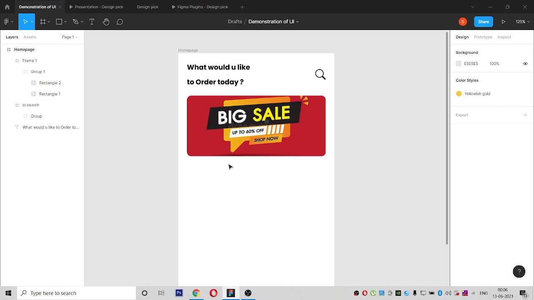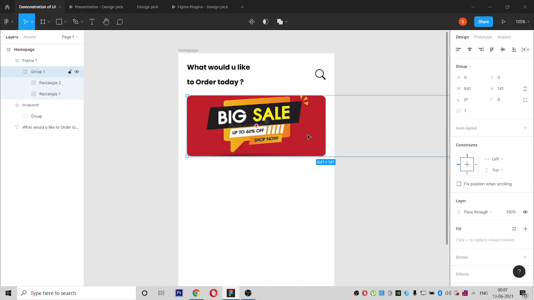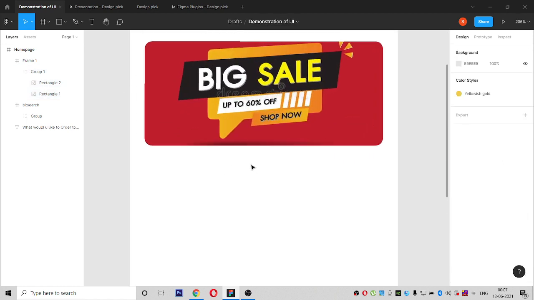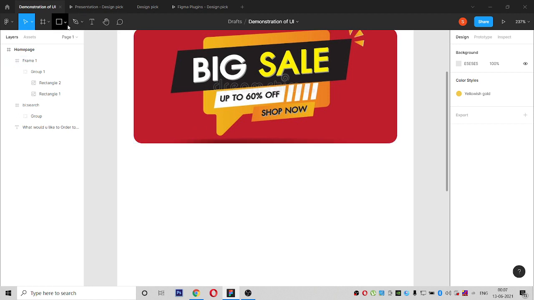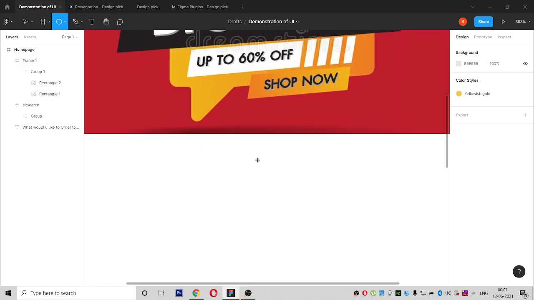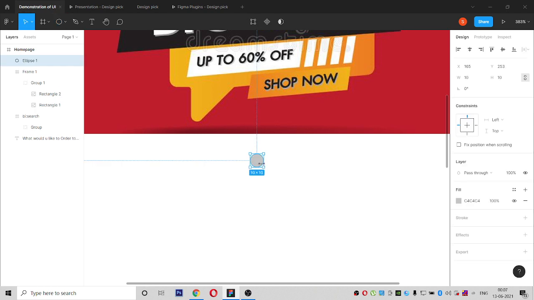So how is it, guys? Banner images have been kept. If we keep this banner image like this, the user will not know it scrolls, he won't scroll or do anything, but we have made it a scroll. Okay, so what we have to do is place two circles. So you come here and select the ellipse and make it 10 by 10, or 8 by 8 is also sometimes enough.